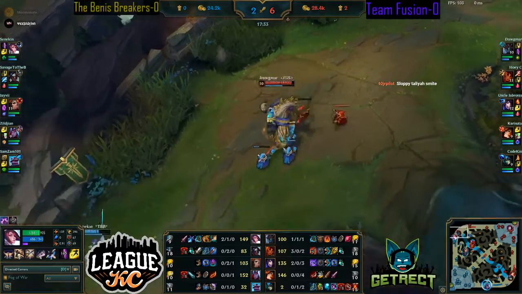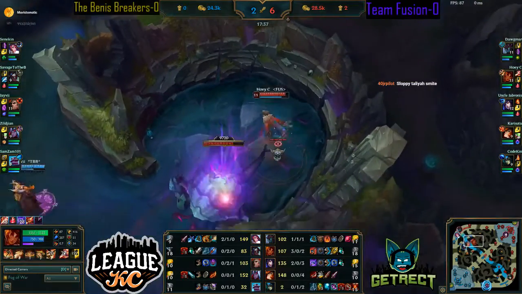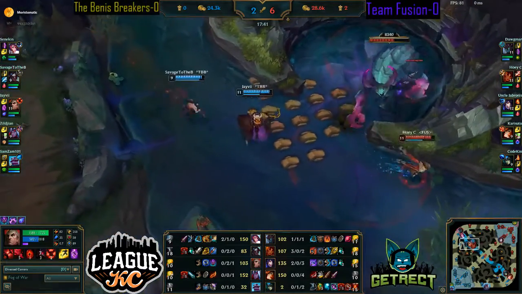Director Camera really loves top. I mean, I guess there's not much going on right now. Yeah, it usually likes it because the top laners are just fighting each other. Hoey started the Rift Herald, but he's spotted by JV now. Hand of...